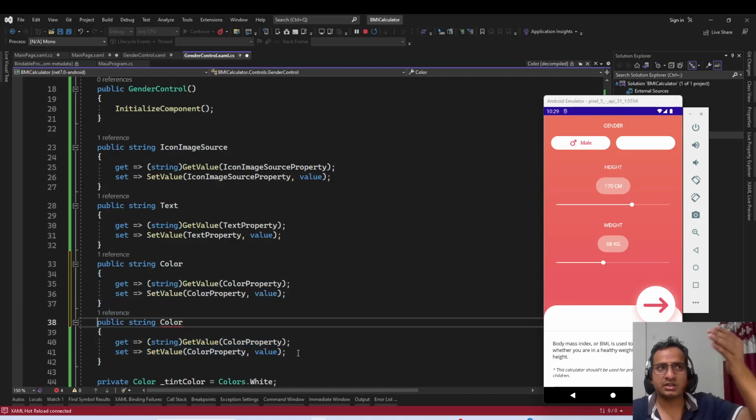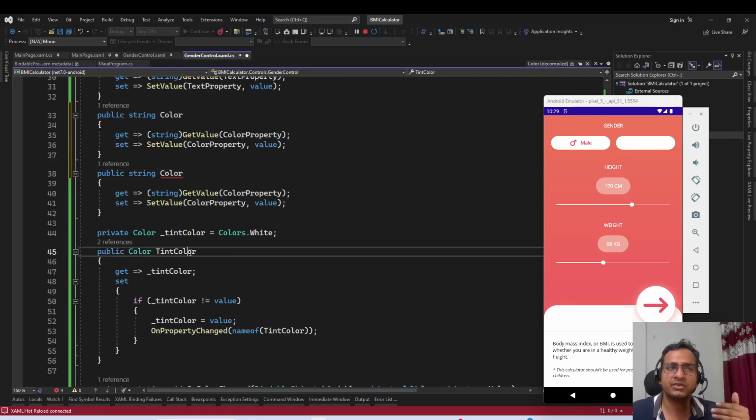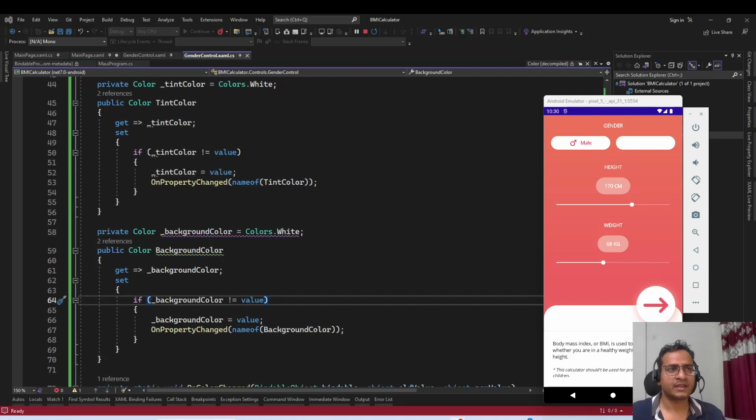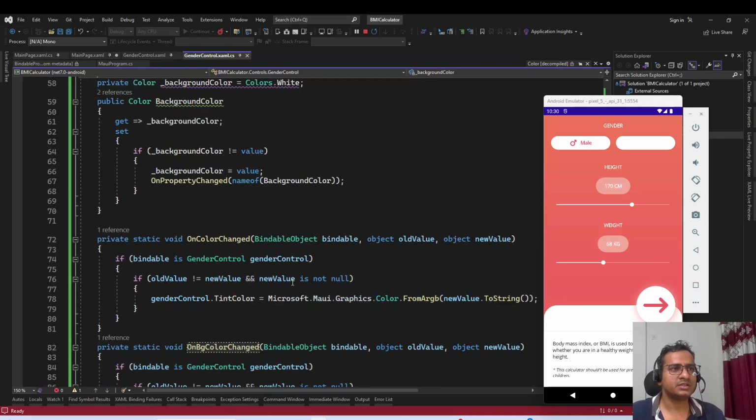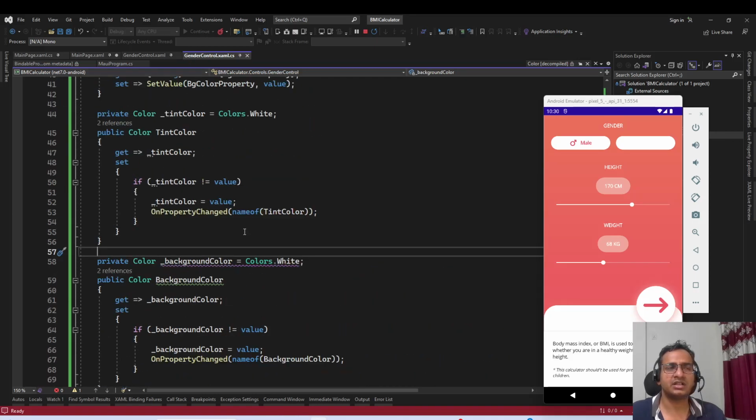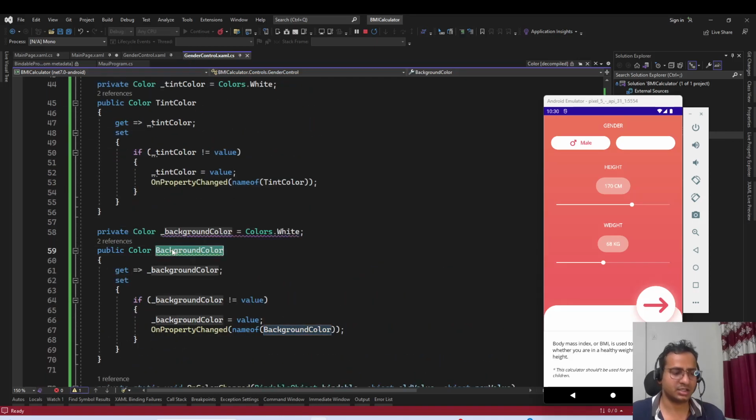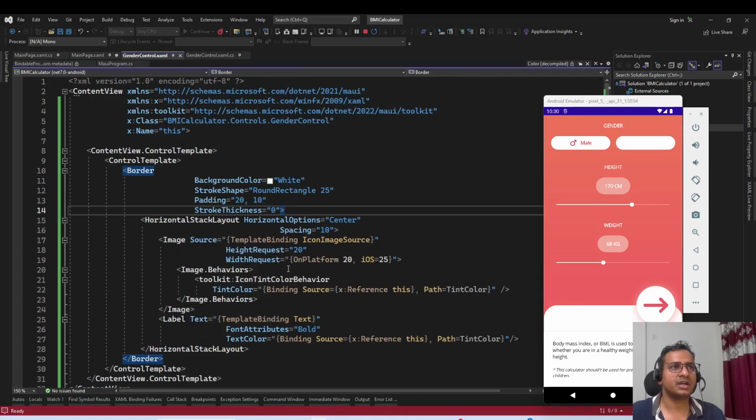So the same approach we use for the tint color, we are going to use for this bg color. I have replaced all the strings with bg color, and the main color is as background color. So let's use this background color